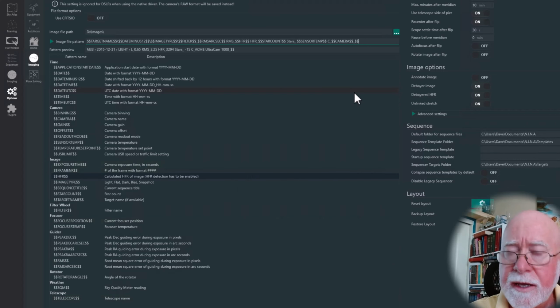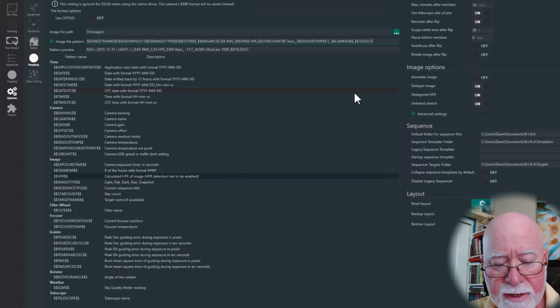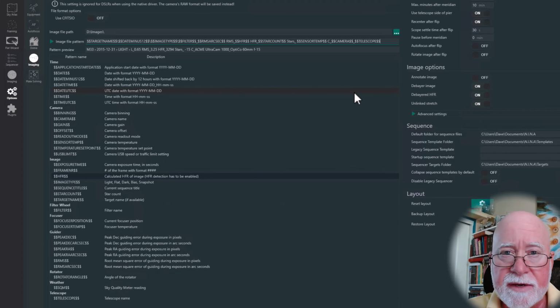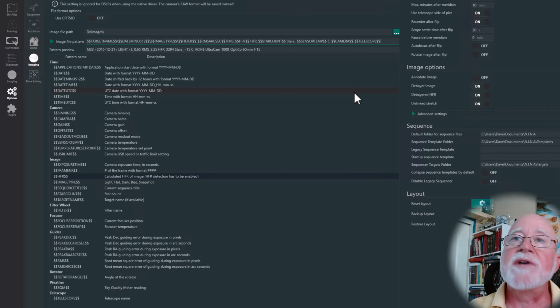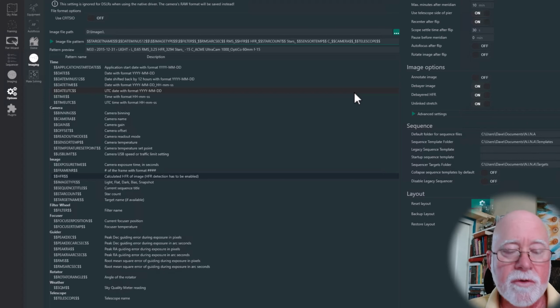And the reason why I do all this is because at the end of the night, all of my files get copied over to my file server, and so they're all sitting on my workstation in my office. I'll get different subs from different targets, and a year from now, I can look and say, oh, okay, I shot that with my mono camera on that particular telescope. When I look at those subs, it just is nice to know rather than having to go look up in notes what did I shoot with that night? Just makes it easier. Now you can add other things in here like rotator angles,